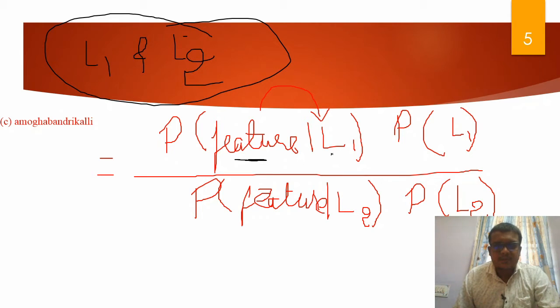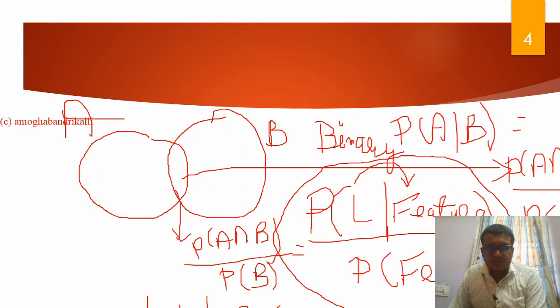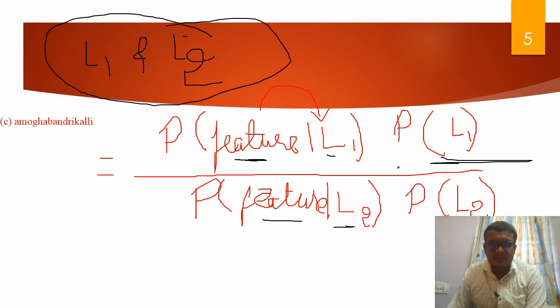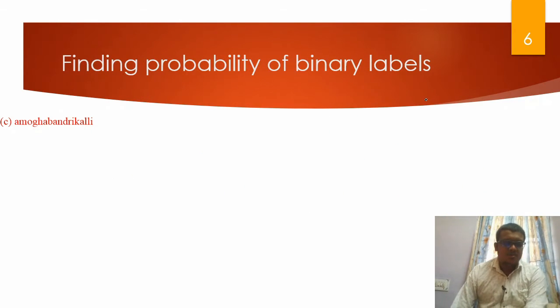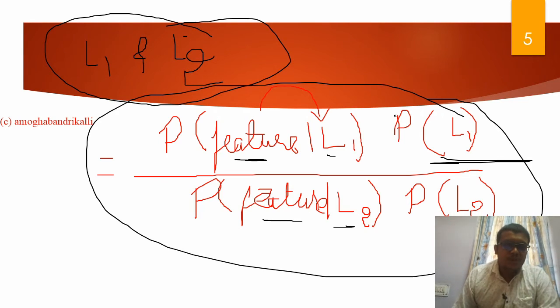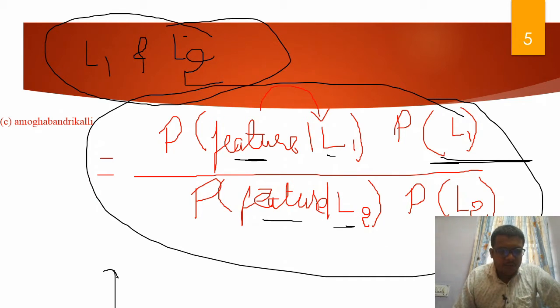So occurrence of a feature with L1, occurrence of a feature with L2, multiplied with L1 and L2. So you are going to have a Naive Bayes equation for binary classification. That is only one feature, and this is for multiple labels. So next, you need to design a model which makes the probability of